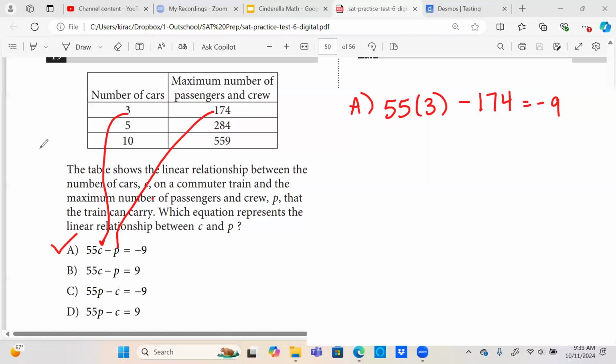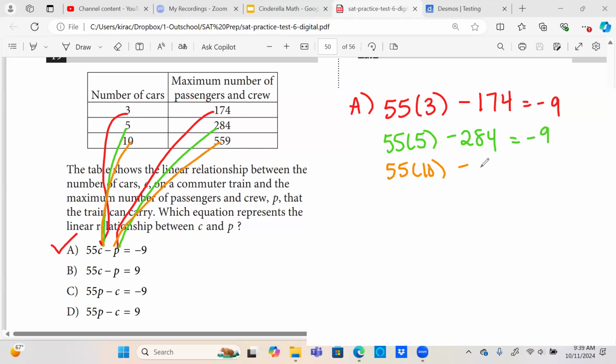Let's try the next value though. Let's put in 5 and then 284. So that's going to be 55 times 5 minus 284. Run it through the calculator. That's -9. And if this last one works, we should be good to go. So 55 times 10 minus 559. And that's -9. So it's looking like A. All of those worked into A,